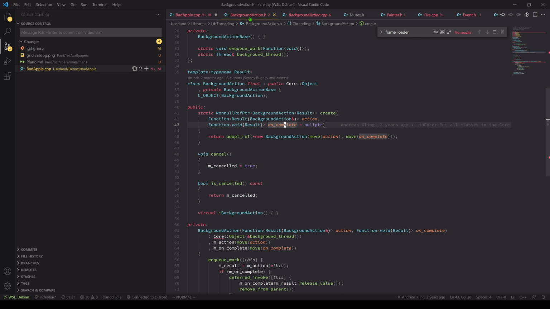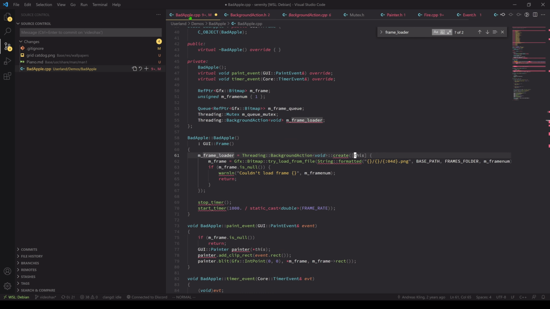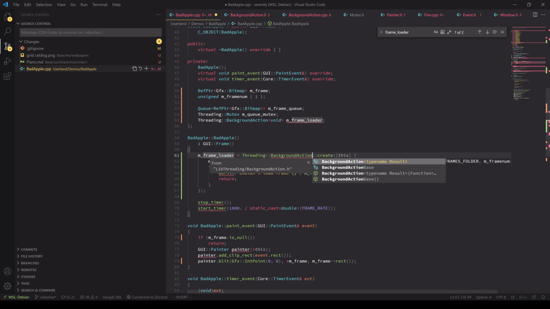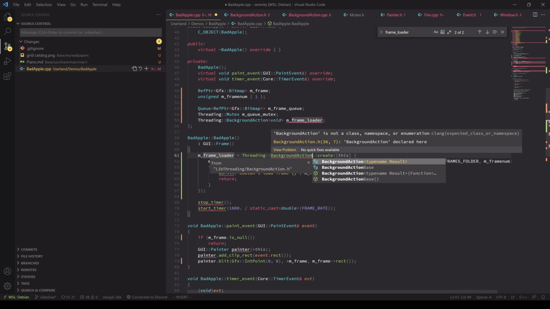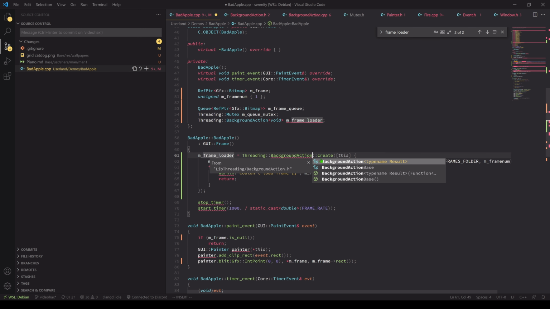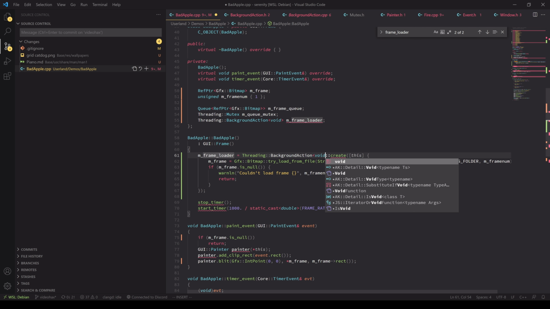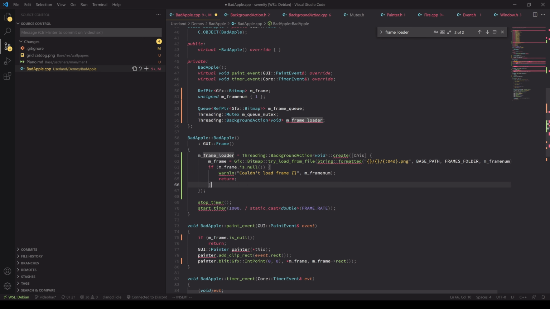The by value. Of course, there is create. Probably don't need that. I'm totally unsure how C++ works right now,